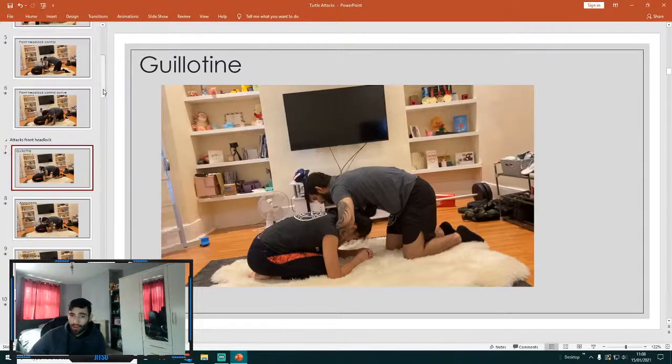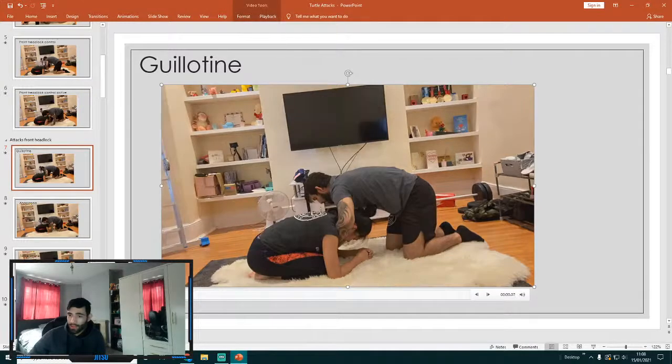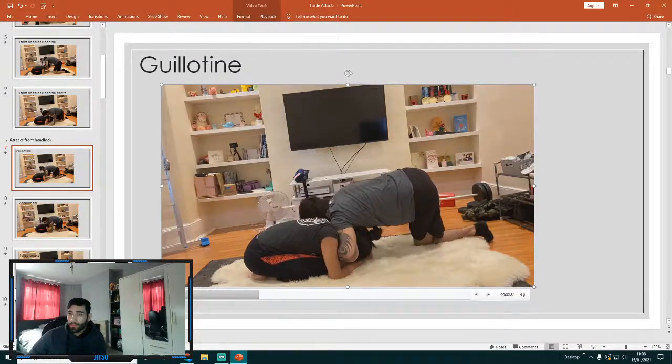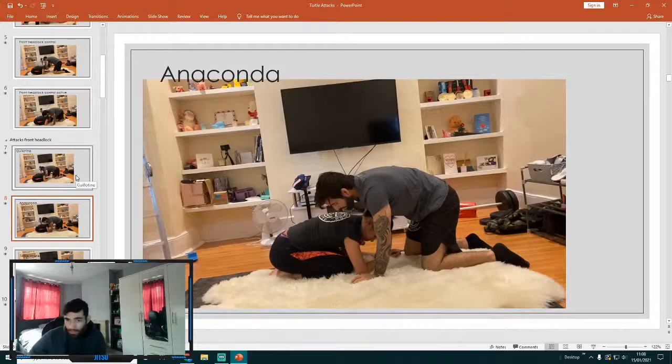And then we go on to our attacks from the front headlock scenarios. We have first up the guillotine. Best used when